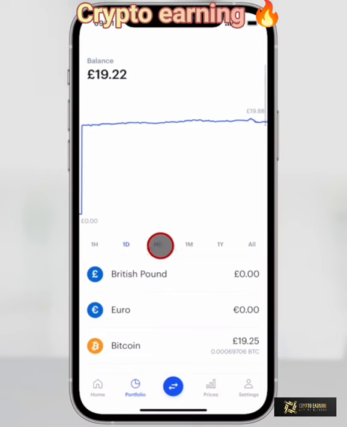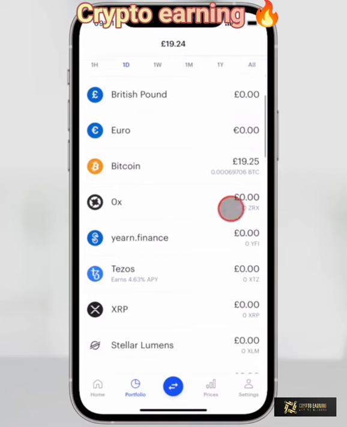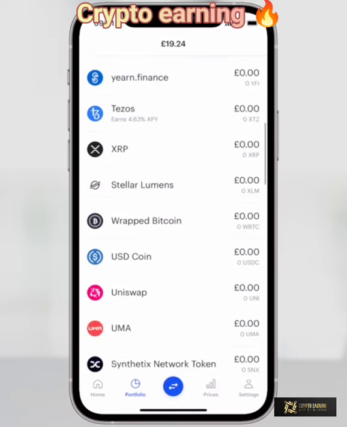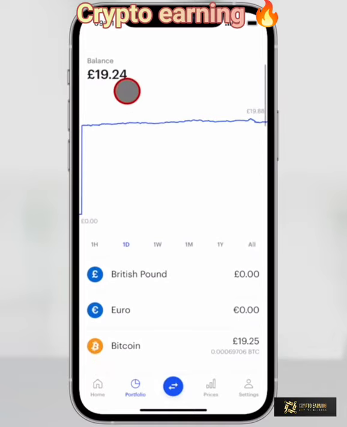Now you can obviously change this time scale. I only bought yesterday, so you can see it was nothing, and then obviously the value goes up here. So it just gives you an overview of the total value of your account. You can scroll down, and it's going to give you all of the cryptocurrencies that you hold and fiat currencies on account. So you can see that Bitcoin amount is shown here for me. And then if I had any other cryptocurrencies, they would all be shown as well, and then just put onto the total of my